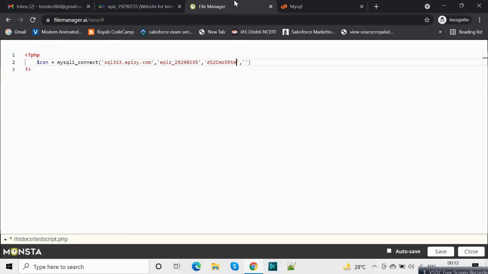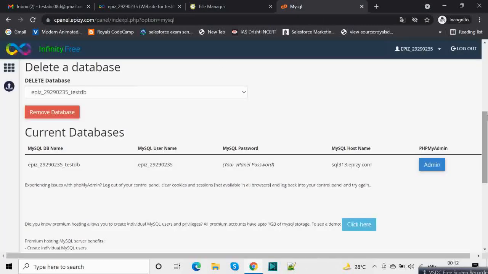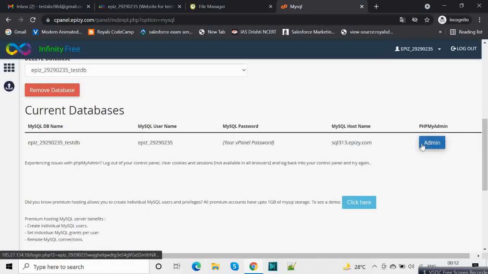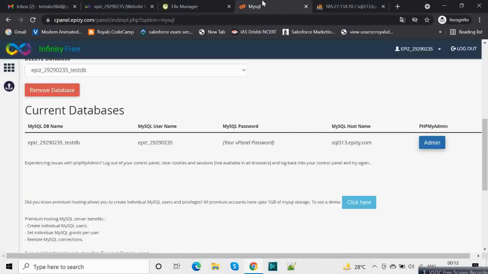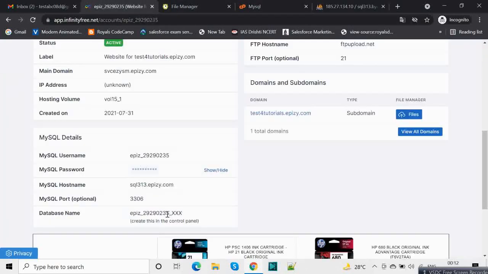So this is the password, and lastly our database name. We have created a database. So let's click on admin. That will take you to PHP MyAdmin. So you are here and your database name is this.